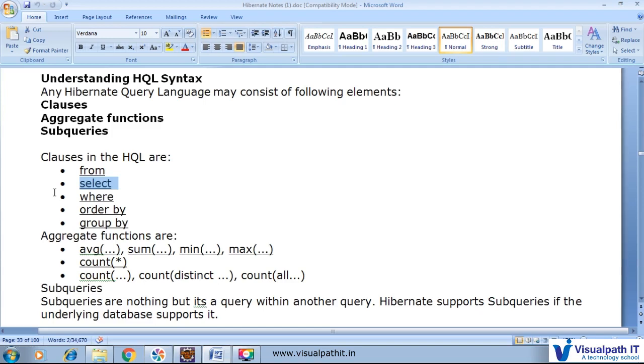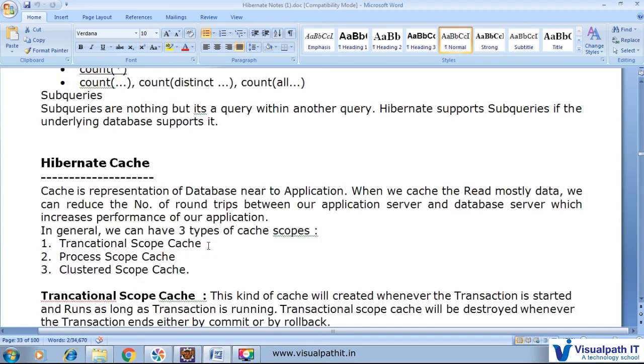So here there is the where clause, and I already showed how we can utilize a where clause. Group by and order by are there. Average, sum, min, max, count with distinct, count with all, these things are there. And we already saw, when we walked through that Red Hat document, how we can merge multiple different queries into a single query. We have the subquery, and we can add all the subqueries and merge them sequentially.